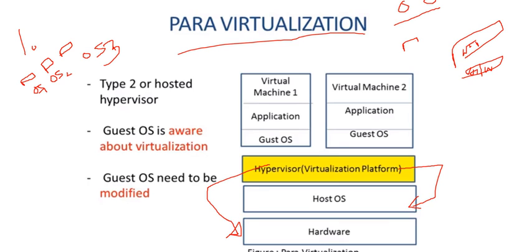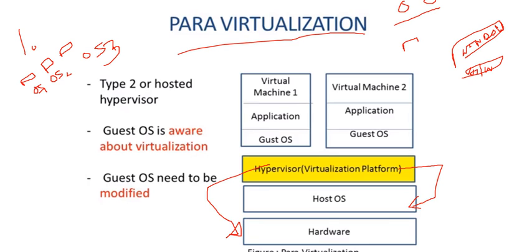Sorry, I do not have a mouse, so it is somehow difficult to write on the laptop. So we have Windows on hardware, then we can use VMware software, that is a virtual manager,